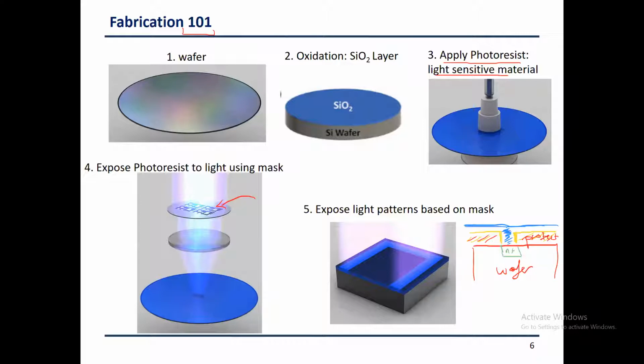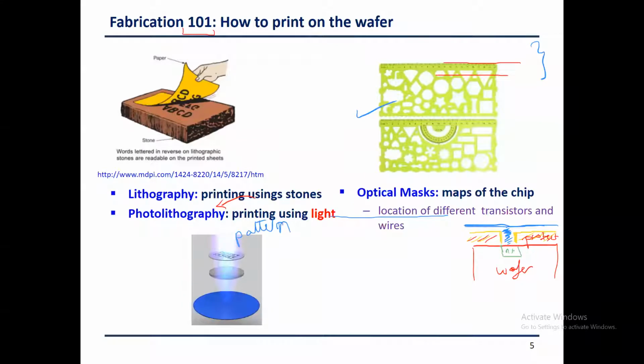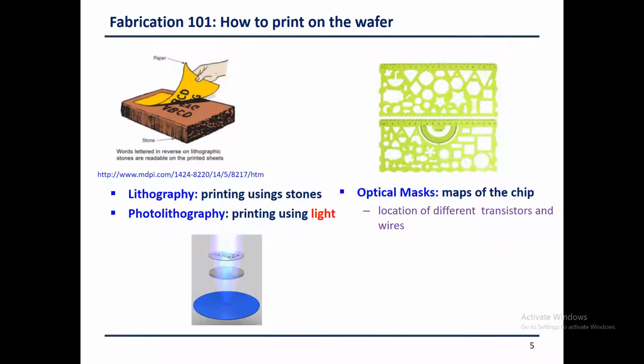The two important steps that we really care about: I have insulator that will insulate everywhere else. I have a light sensitive material. I have a pattern that is going to be drawn, and the processing happens only where the pattern was exposed, or where light was exposed. And this is how we can achieve different shapes and different connections and maps, and print the different layers one at a time. Okay, so this is in brief the story of